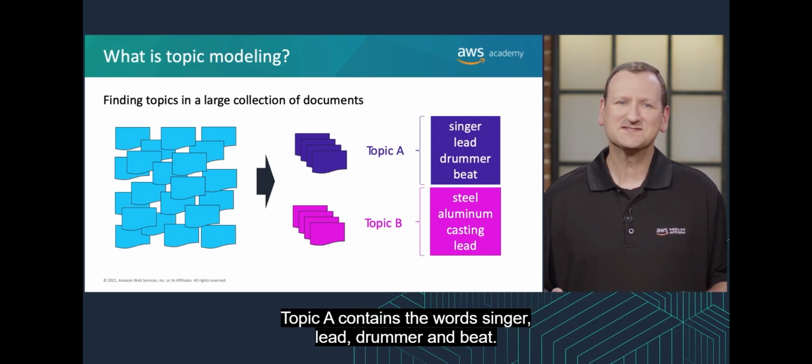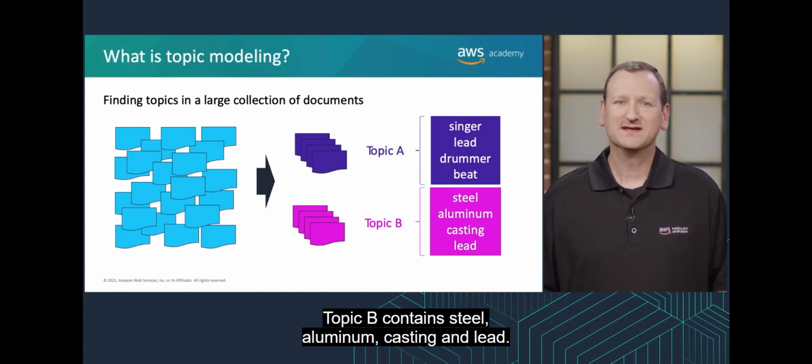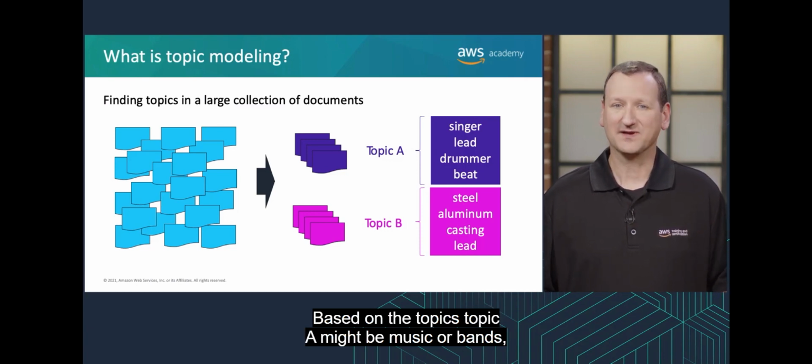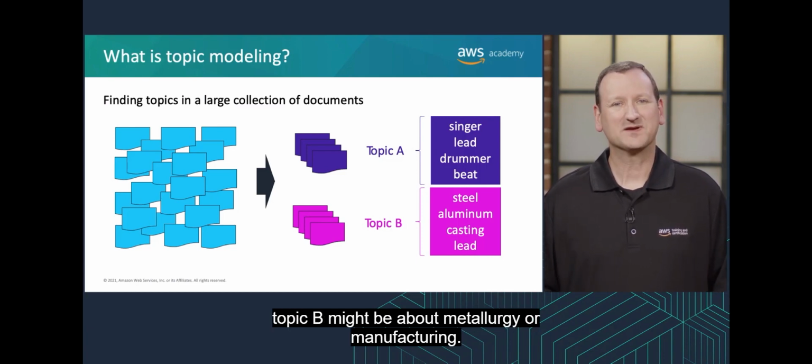Topic A contains the words singer, lead, drummer, and beat. Topic B contains steel, aluminum, casting, and lead. Based on the topics, Topic A might be music or bands. Topic B might be about metallurgy or manufacturing. A key note